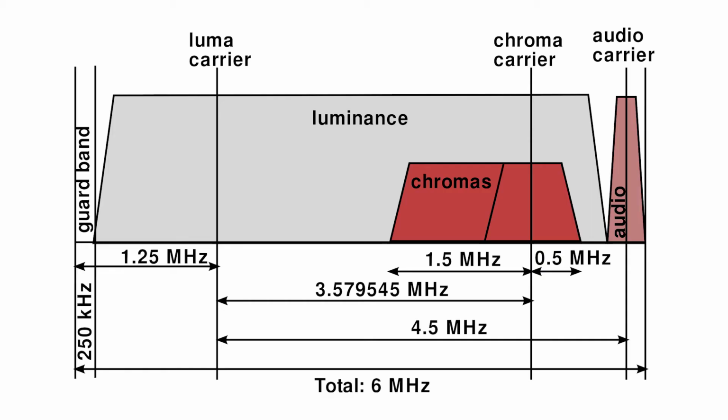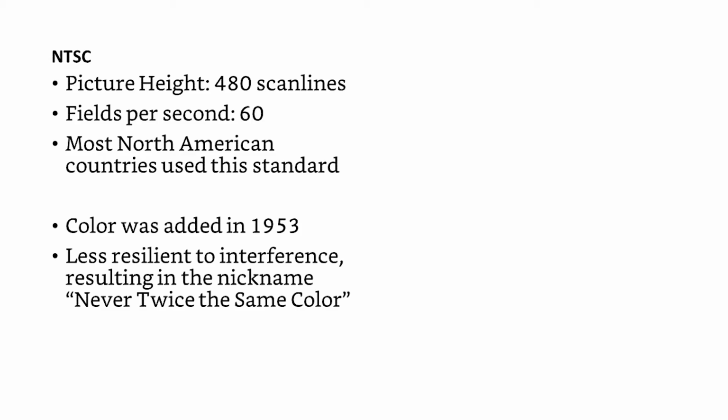Color was added to the NTSC standard in 1953. This was done by adding a chrominance signal, which defined the color of each part of the screen, to the luminance signal, which determined the brightness of each part of the screen. Black and white televisions could still work with this system because they simply ignored the chrominance signal. However, the way the chrominance signal was modulated made it far more susceptible to interference, requiring frequent recalibration of color sets to ensure the colors were displayed as accurately as possible. Even then, the calibration was performed manually by a human, so there was no guarantee the colors would be perfect.